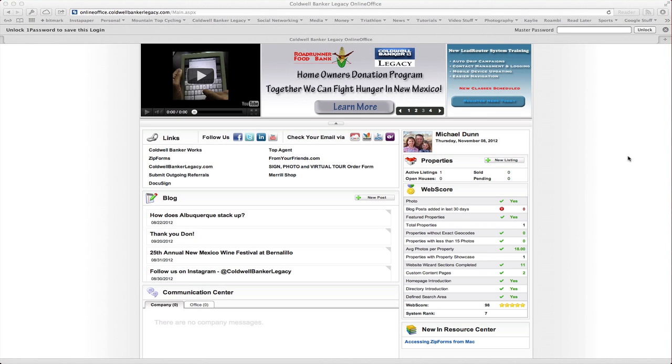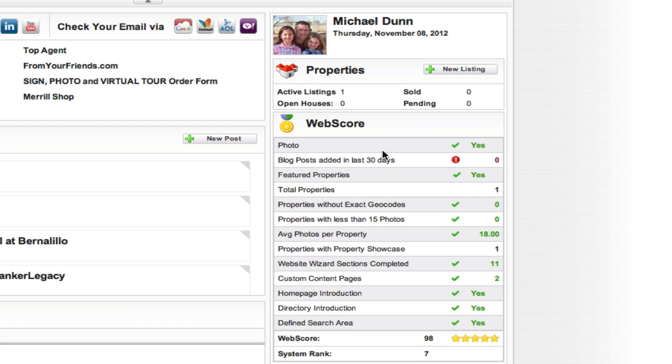In this video, I'd like to introduce you to the Webscore that shows up here on the dashboard module on the right-hand side. The Webscore is essentially a way for you to keep score of how your personal website on ColdwellBankerLegacy.com is performing. And it gives you some key indicators of how you can improve your performance and your search